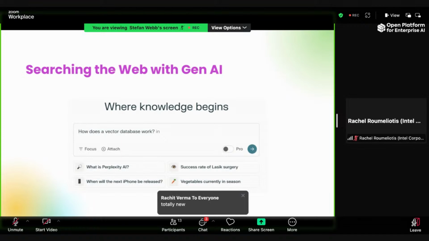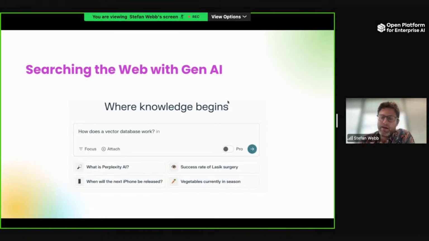Got it. Okay. So I like to motivate the concept of vector databases with the example of semantic search at web scale. I've got a screenshot here from a really cool website or product called perplexity.ai.